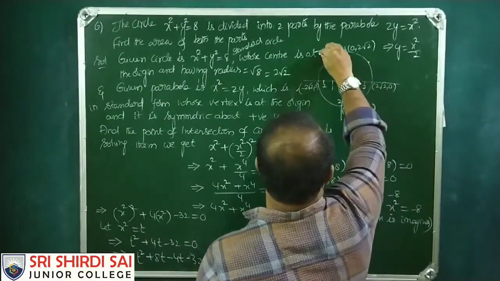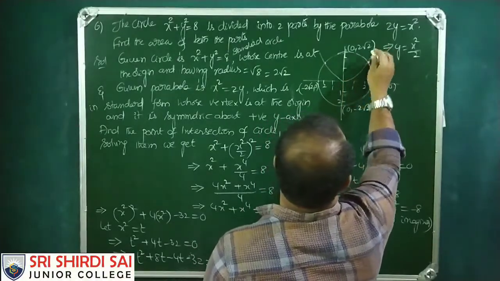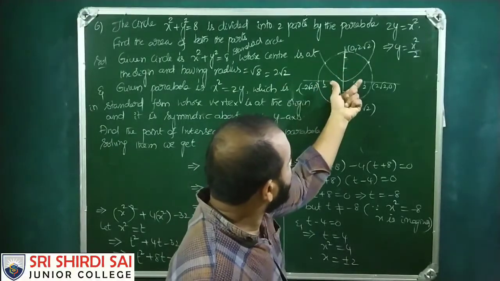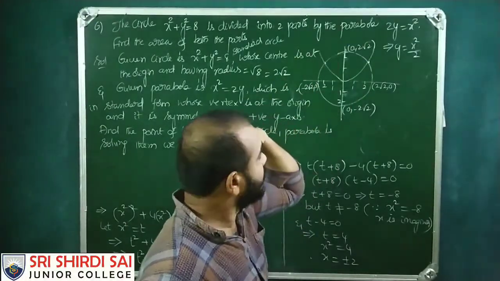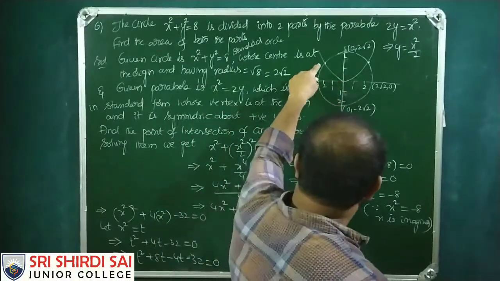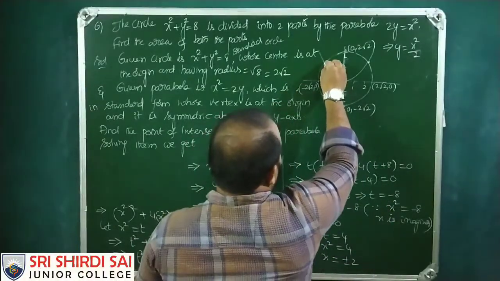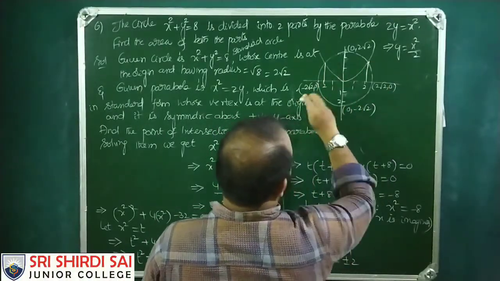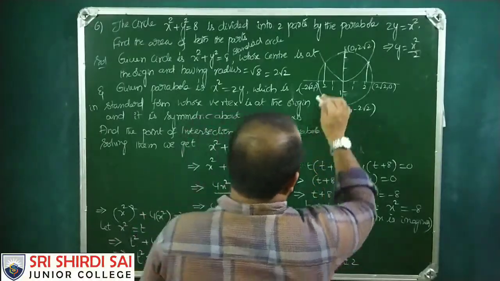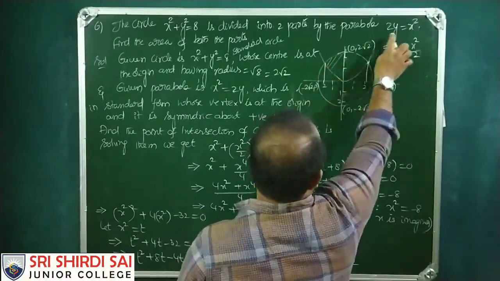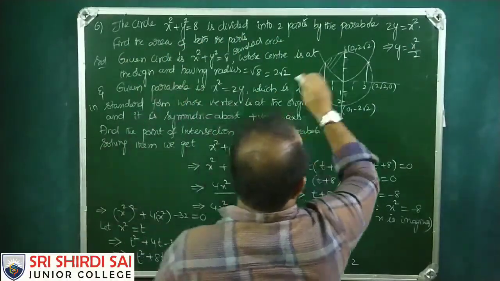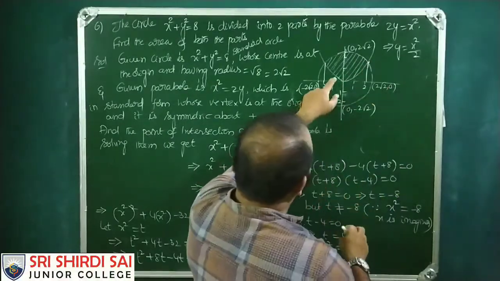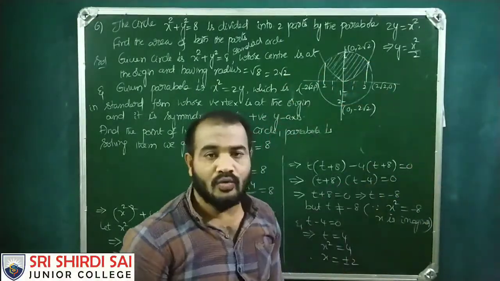So this is a parabola. This is a parabola which is symmetric about the y-axis and opens in the positive y direction, and which cuts this circle at 2 and minus 2. Therefore, actually here two areas arise. Here we find the area of both the parts. That means this area and the remaining area. This area we need to find out.